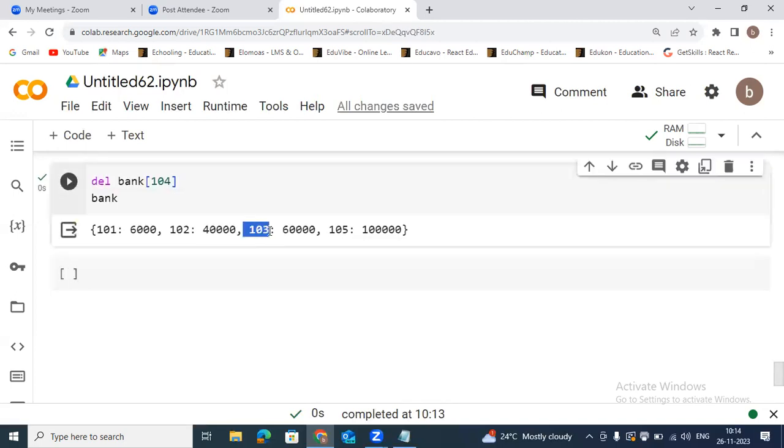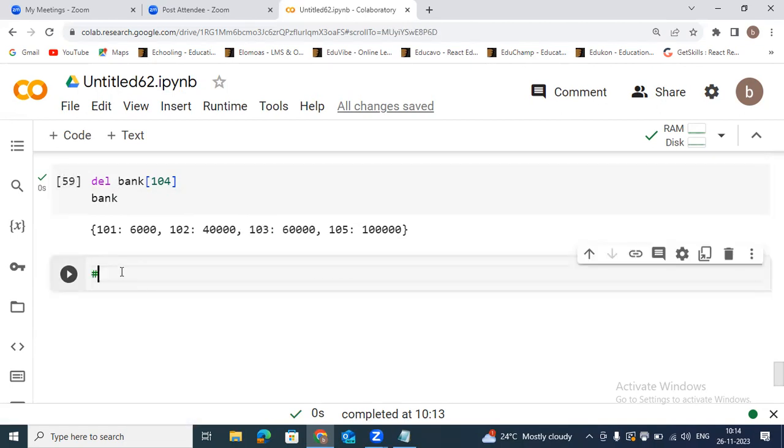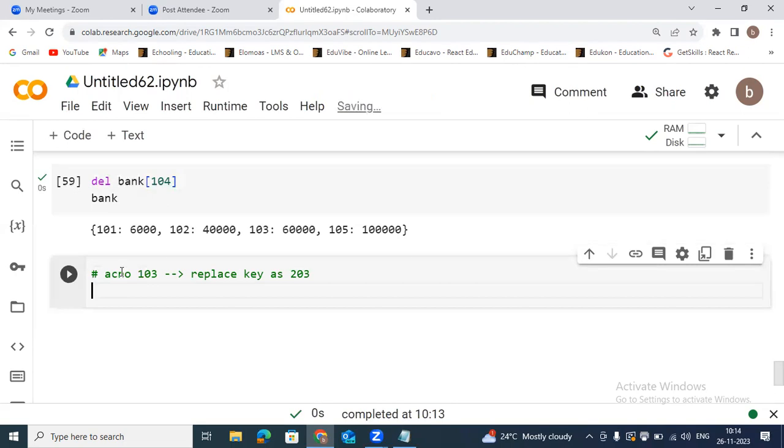This is account number 103. I want to make this as 203. Account number 103. Replace key as 203. I want to update. Directly no possibility. So for this, what you have to do is